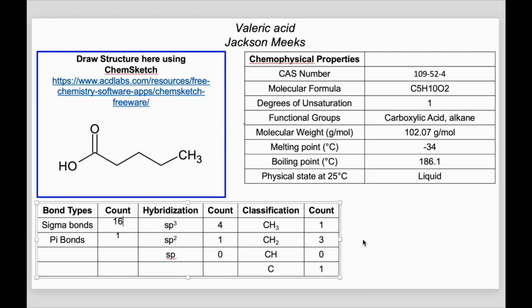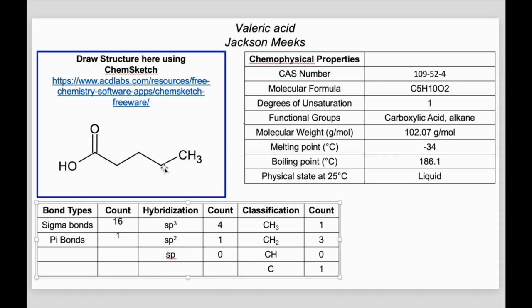In this recording, I'm going to introduce valeric acid, its chemophysical properties, bond types, hybridization, and classification of carbons along with their associated counts. So to begin, the molecular formula of valeric acid is C5H10O2. The 5 carbons can be distinguished via these vertexes in the structure. So 1, 2, 3, 4, 5 carbons, 2 oxygens, seen here, and 10 hydrogens, which can be seen with this